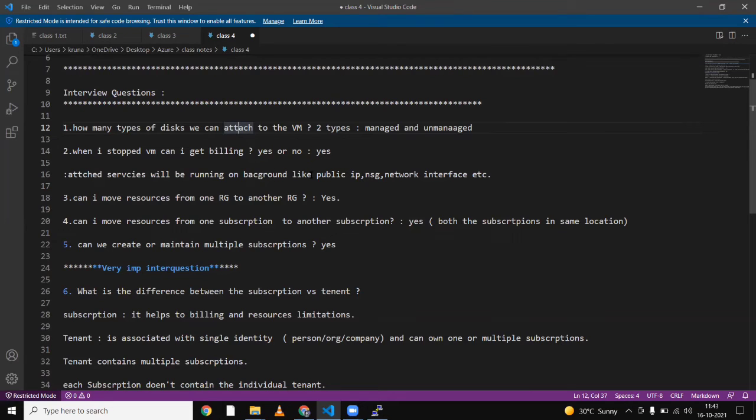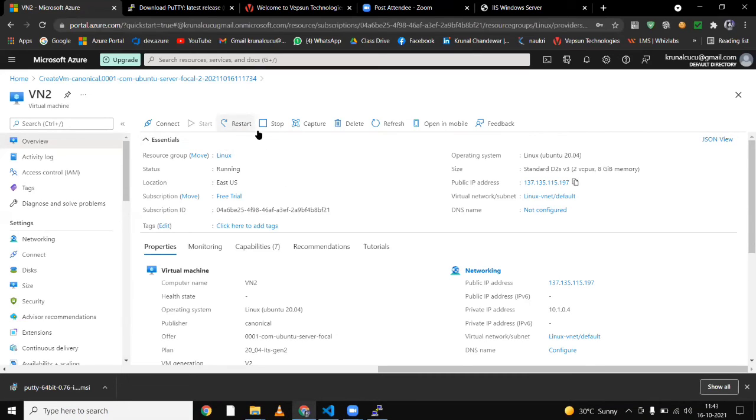Your storage account is also created. So if you stop the virtual machine but all the resources are still taking their memory, you have to pay for that. That's why, if you are stopping a virtual machine, you get the option to stop your virtual machine.